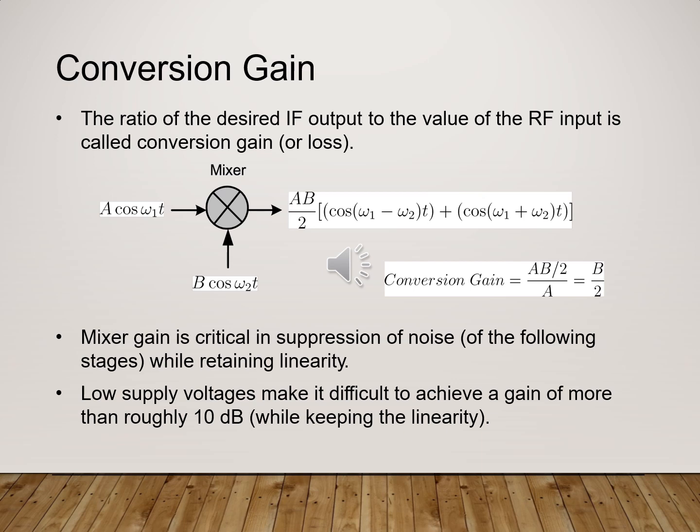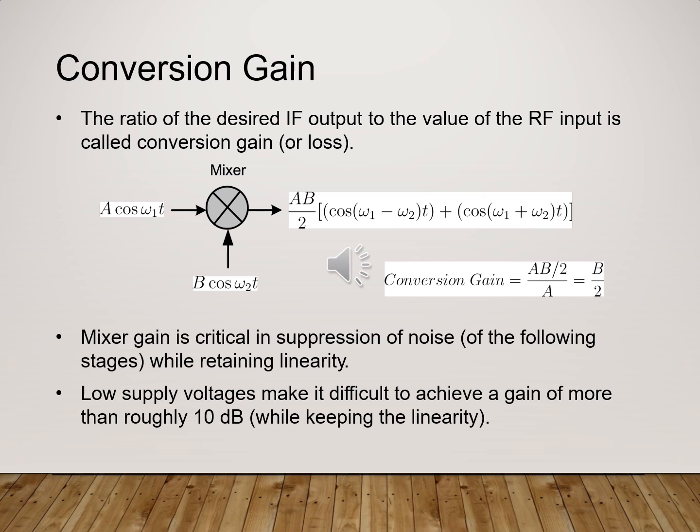Conversion gain. Now, to study conversion gain for the mixer, first we have to define it. The conversion gain is usually defined as the ratio of the IF output power to the available RF source power. So we calculate the conversion gain as the ratio of the desired intermediate frequency output to the value of the RF input. So it is called conversion gain or loss. We call it loss if it is less than 1, or conversion gain when it is more than